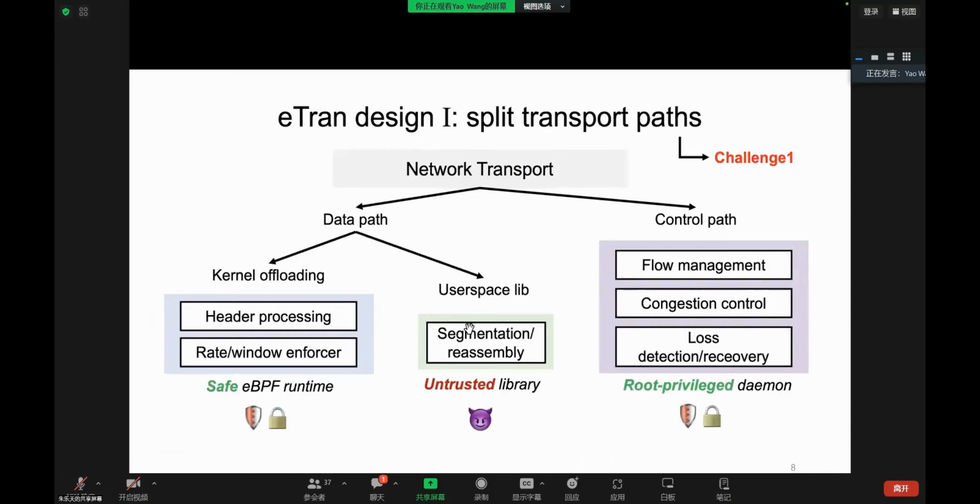So the first big design idea in eTran is to split the transport into two distinct planes. The first one is the control path. This is a root privilege daemon in user space, and it's in charge of heavy lifting tasks that do not fit well in eBPF. For example, setting up and tearing down connections, running congestion control algorithms that require floating point math or complex data structures,